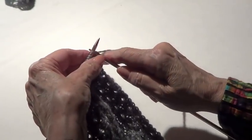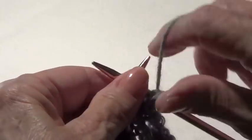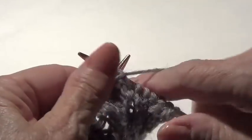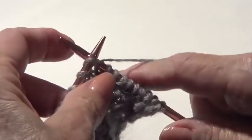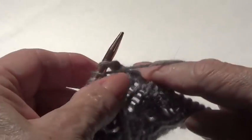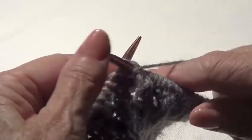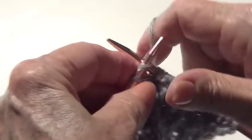Row number 4 is you knit 1 and you're going to purl 3, 1, 2, 3, and knit 2 and purl 3, 1, 2, 3, knit 2, and purl 3, 1, 2, 3, and knit 2, and purl 3, 1, 2, 3, and knit 2,